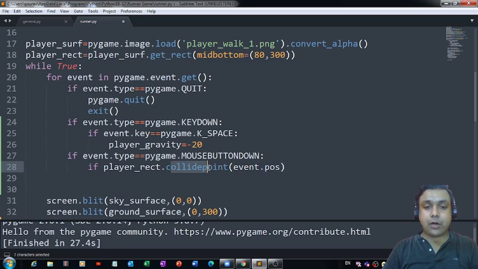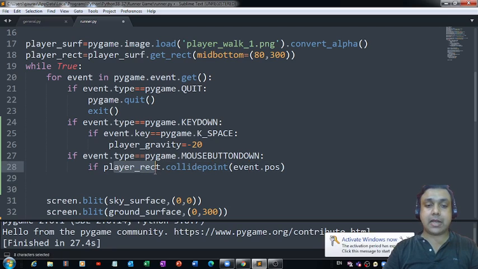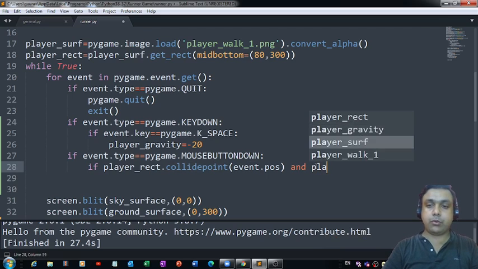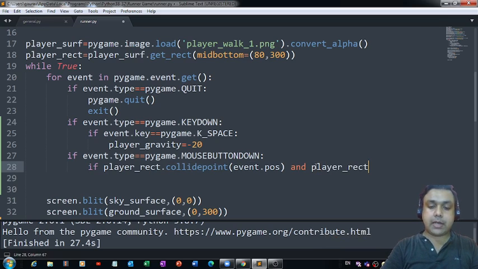This collidepoint will find out whether the mouse is touching our player's rectangle. And if this condition is true,